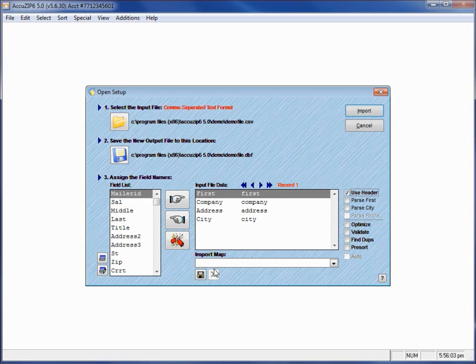You can save an import map, and by saving the map, instead of manually assigning fields or doing a combination of using the header and manually assigning fields, you can select an import map, and that will automatically assign your saved set of fields in the order that they were chosen. The next step is going to be to hit the import button, and that will open your list in AccuZIP6,